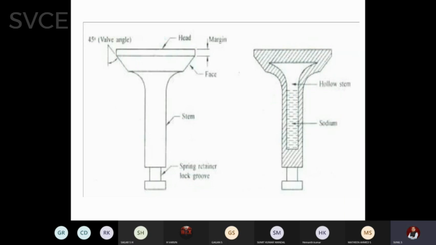So as we discussed, there are three types of valves: poppet valve, sleeve valve, and rotary valve. Here we will discuss only the poppet valve as per our syllabus, and that is the most popularly used one, because it has a self-cooling mechanism. How, I will explain with the help of this sketch. It has a self-cooling mechanism, so that even though there are very excess temperatures under continuous operation, the valve will not get damaged. So please make a note of the sketch.